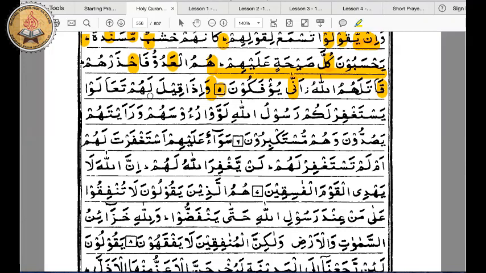وإذا قيل لهم تعالوا يستغفر لكم رسول الله رؤوسهم ورأيتهم يغضون وهم